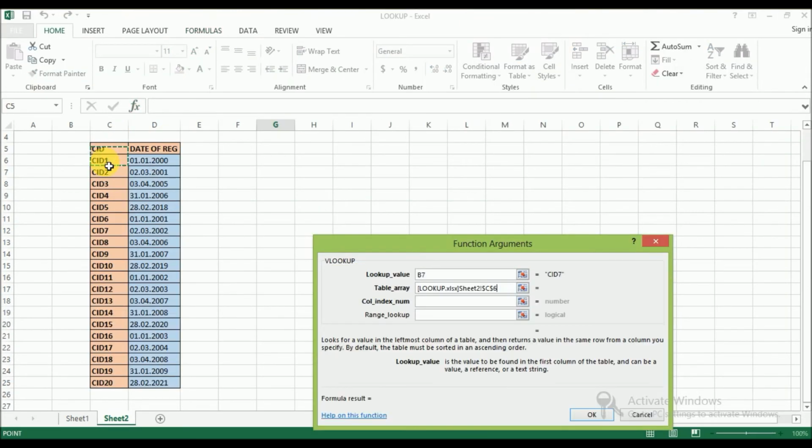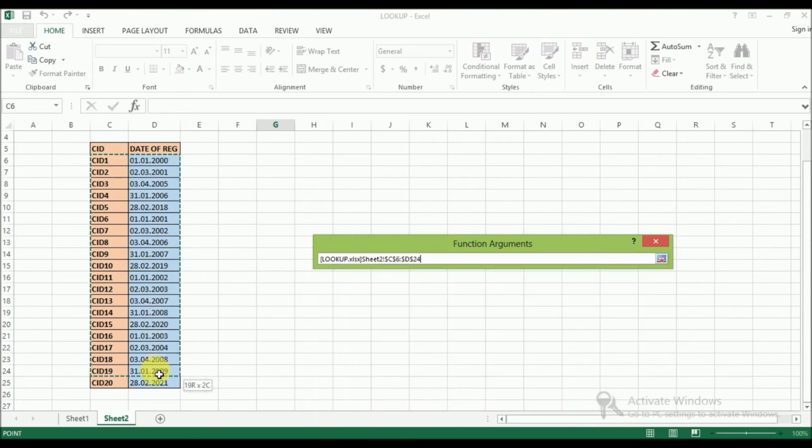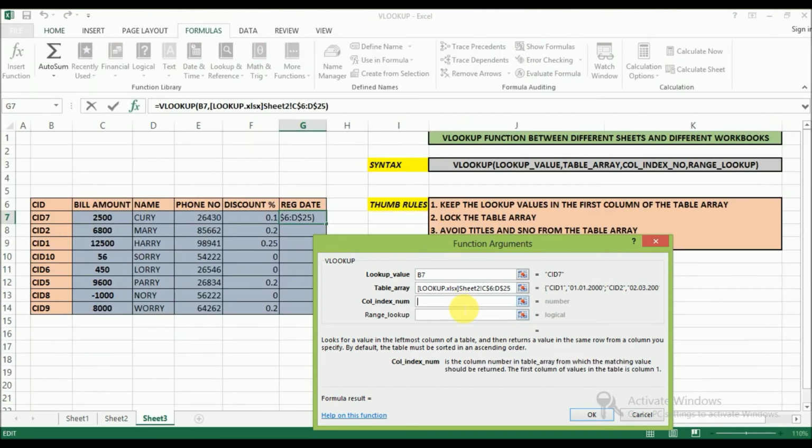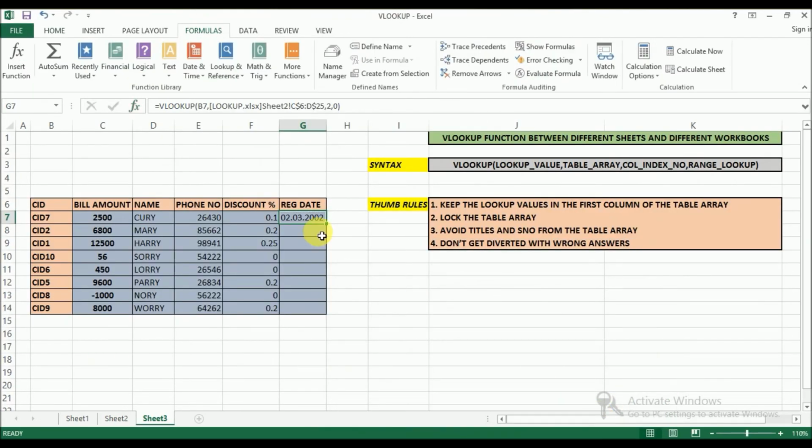Select the table. Lock the table array. Column index number, my date of registration is in the second column. I'm putting 2. Now I need an exact match, so I'm putting 0 and give OK. Double click, you'll get the answer.